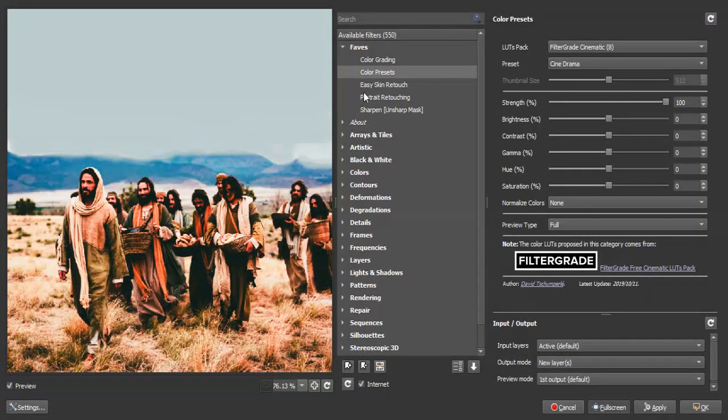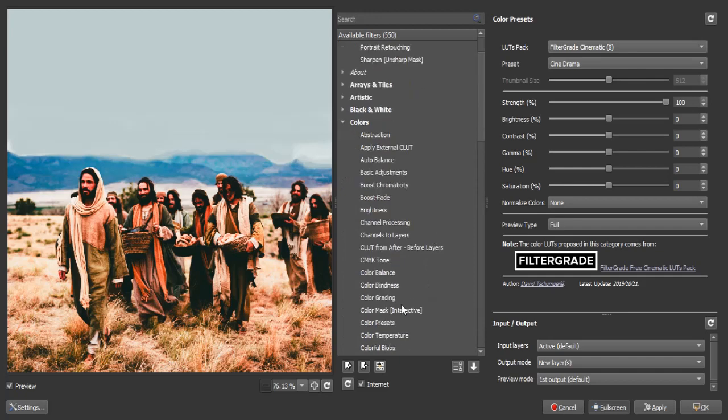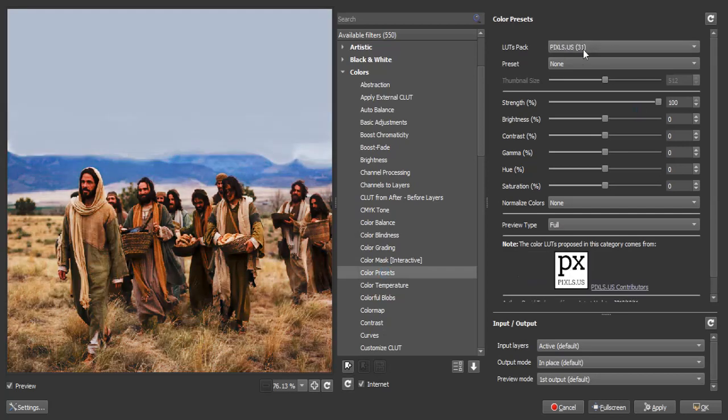So we'll be using the color preset. To find the color preset, you just go down into the colors tab and scroll down. You will find the color presets. Alright, so for my color presets, you can actually use any LUT pack,